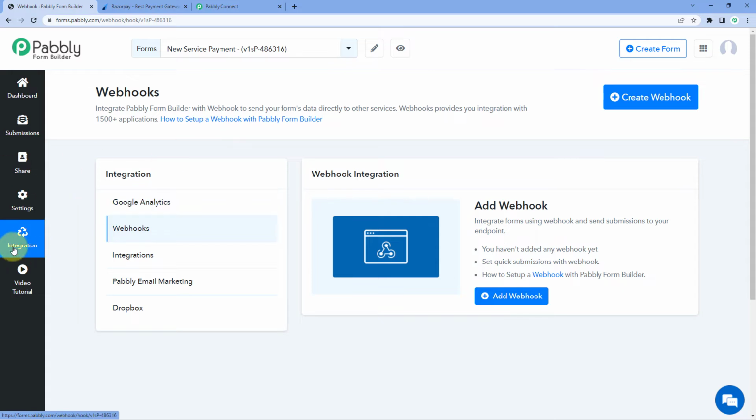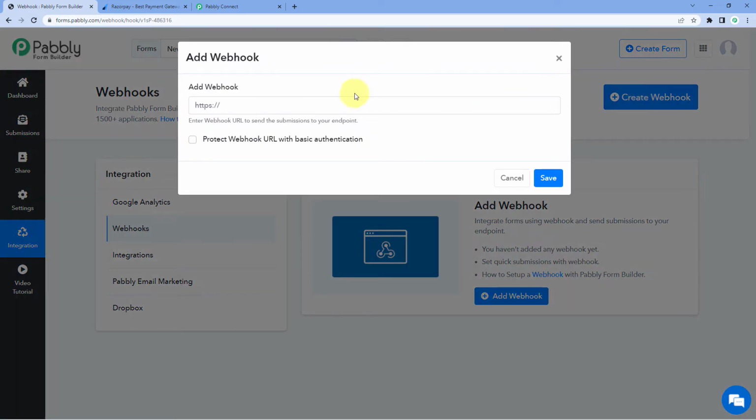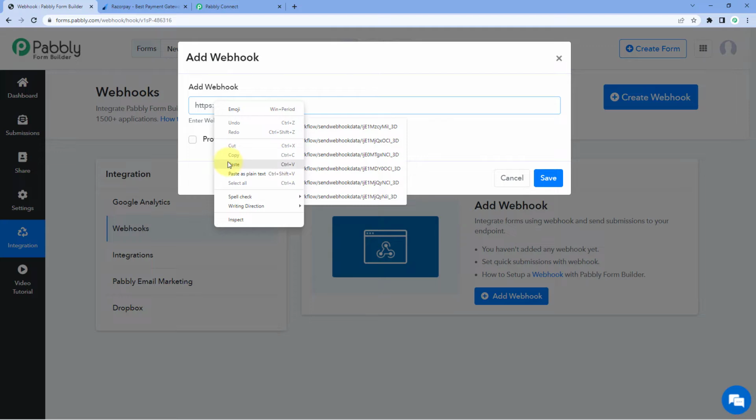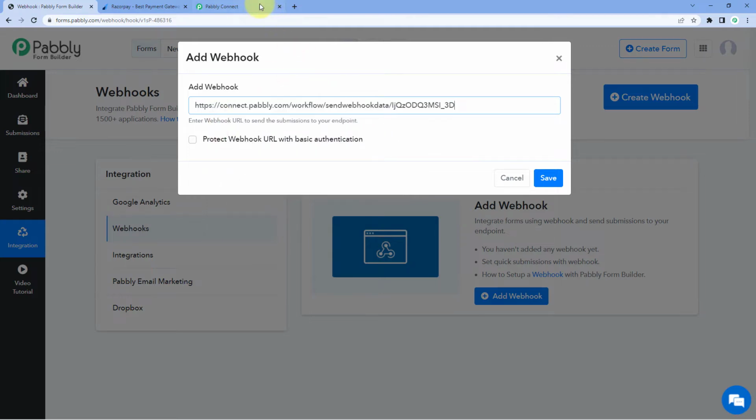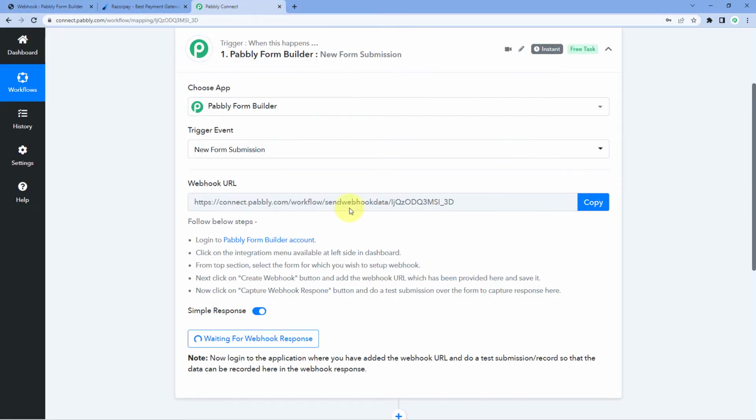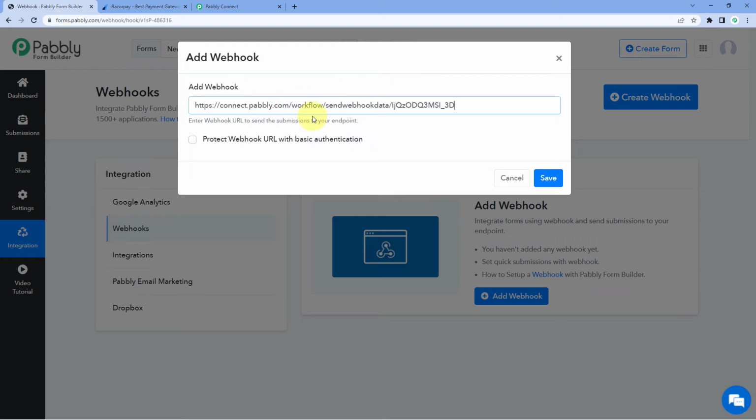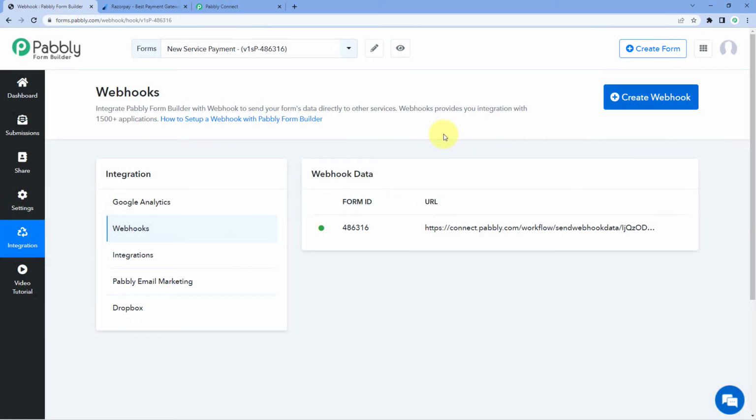Now after that, in integrations page, by default, it is selected as webhooks. So after going to webhooks, click on create webhook. And in the dialog box appears in front of us, we have to paste the very same webhook URL which we have copied from Pabbly Connect. So just copy this webhook URL from here and paste it over here and click on save. Now we can see that our Pabbly Connect account is now connected with Pabbly Form Builder account using a webhook